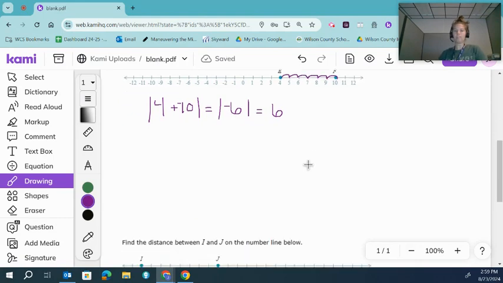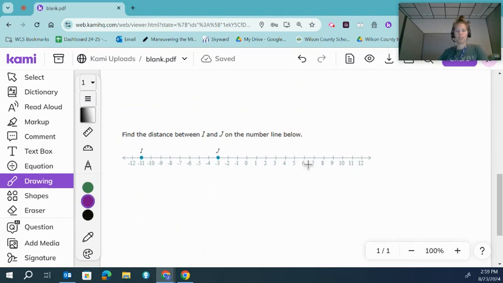Okay, let's take a look at one more example. Distance between -11 and -3. Our absolute value expression would be -11 minus -3. Using my integer rules, I'm going to change my subtraction to addition and take the opposite of my 3. So now I have -11 plus 3. Again, opposite signs, so I subtract. 11 minus 3